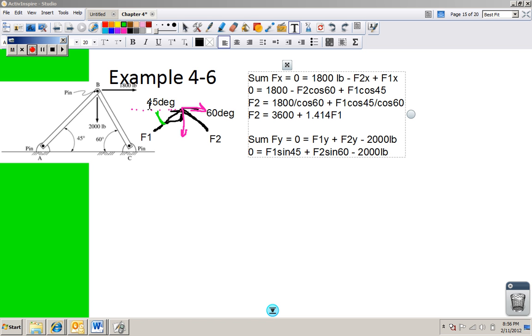Okay, so now we're going to substitute in F2 from the sum of the forces in the x direction into this equation, and we get